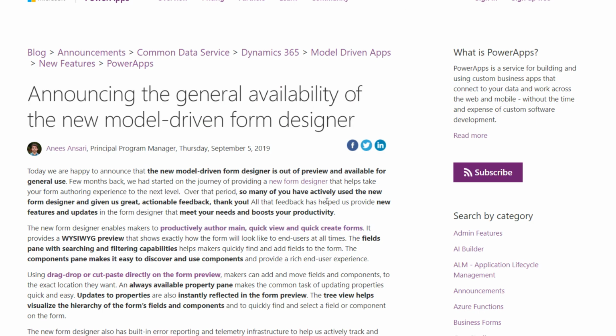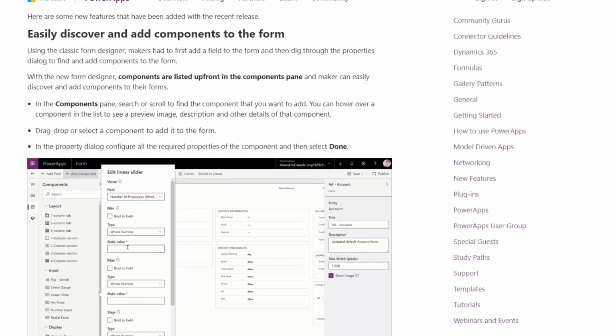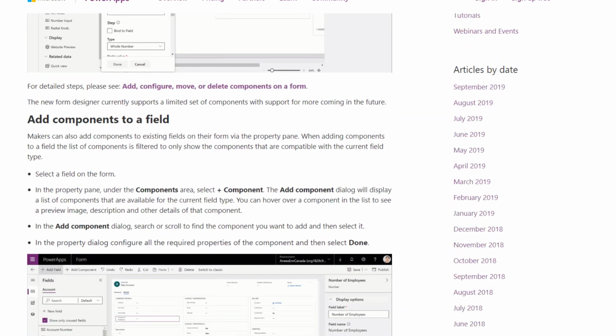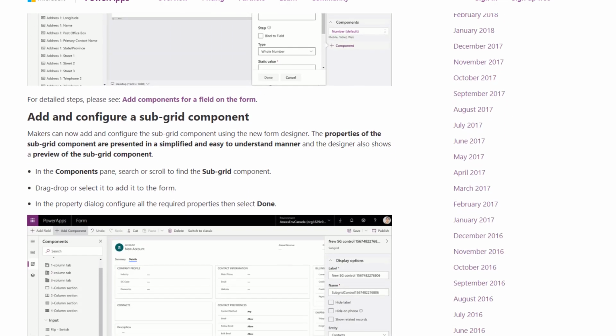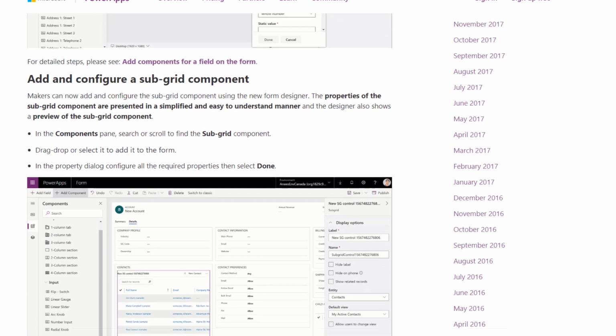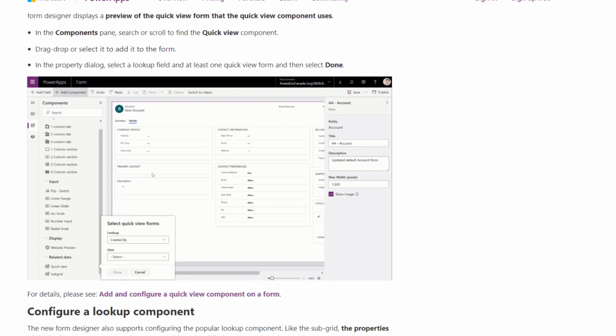Microsoft's also announced yesterday the general availability of the new model-driven form designer. So anyone who's doing model-driven apps, those are the rich people in the world, then the form designer has gone into general availability. There's quite a few updates in here as well. So a few updates. So add components to a field. We can configure a subgrid component now onto a field. We can add and configure a quick view component,